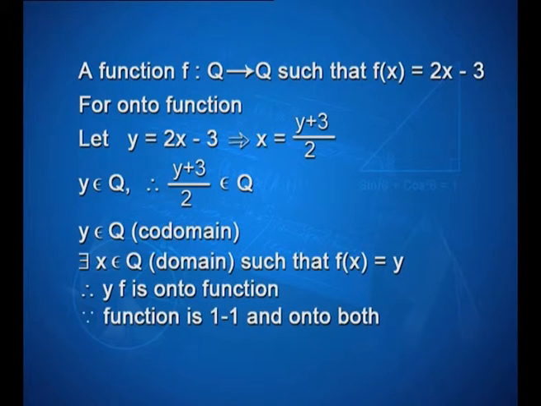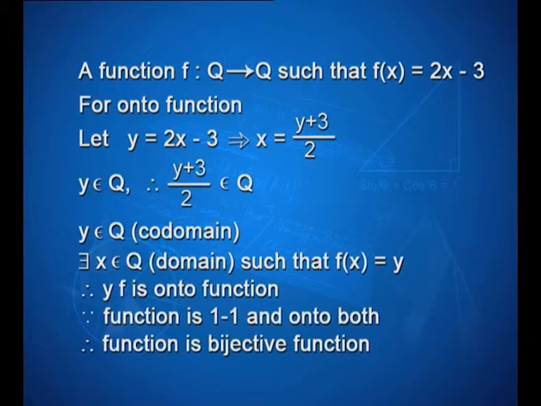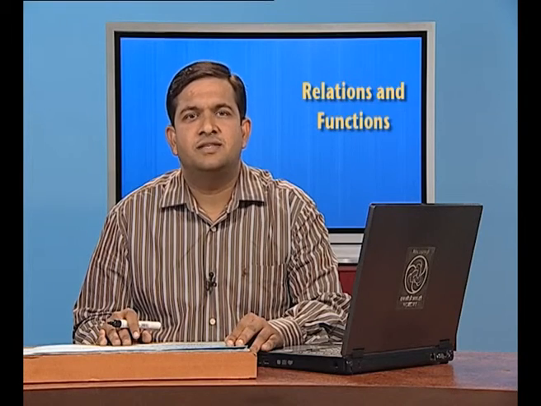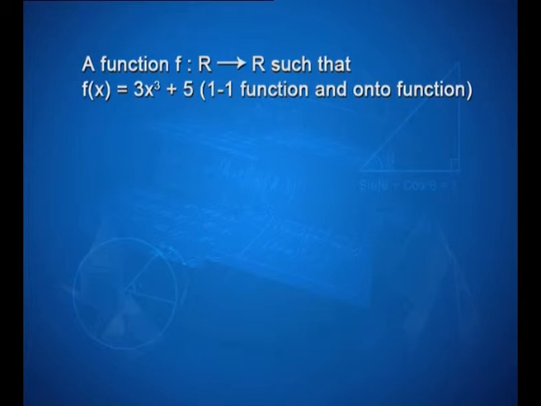This function is one-one and onto both. Therefore, this function is a bijective function. Let us take another example for a bijective function. A function f from R to R such that f(x) is equal to